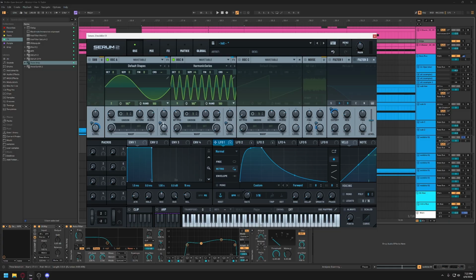And then, like I said, to give it that wobble effect, we are using an LFO here that is set in the retrigger mode. So when it plays, it retriggers, it plays back and forth, it loops. And I have this curve set up so that it plays and jumps up sharply to the peak and then fades off like this. And it's set at the rate of 1/16th note. So when it's playing back and forth,